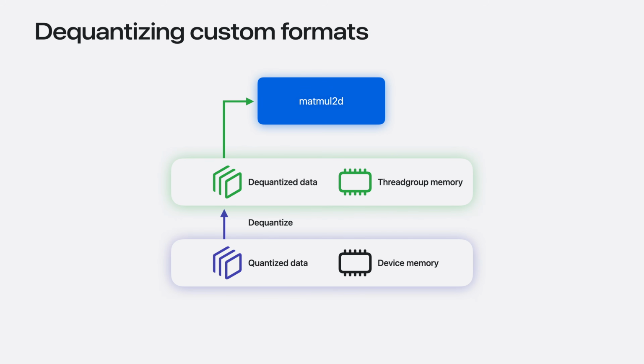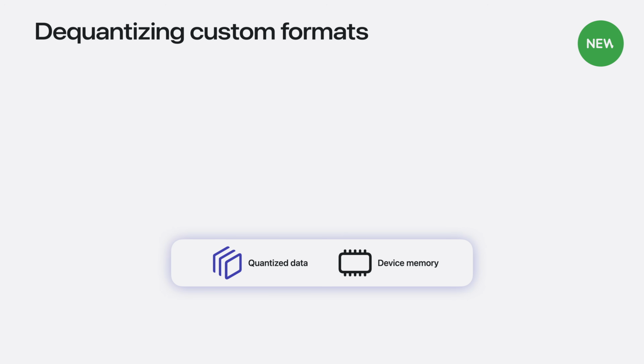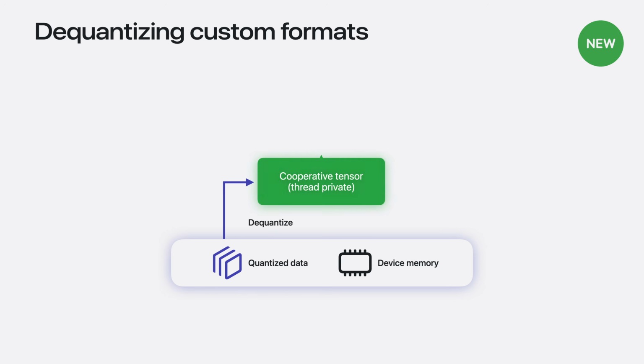However, this approach requires extra loads and stores through thread group memory. Ideally, we will keep all this data in thread registers instead. You can do this by dequantizing the data into a cooperative tensor, which can now be passed as the input to the Matmul2D op. Cooperative tensors distribute their storage across the thread private memory of the threads participating in the matmul operation. So if you cannot use a quantized tensor directly, you can still skip the round trip through thread group